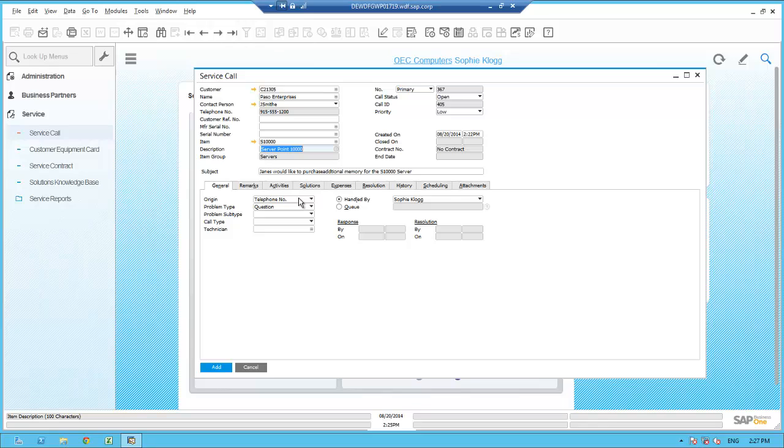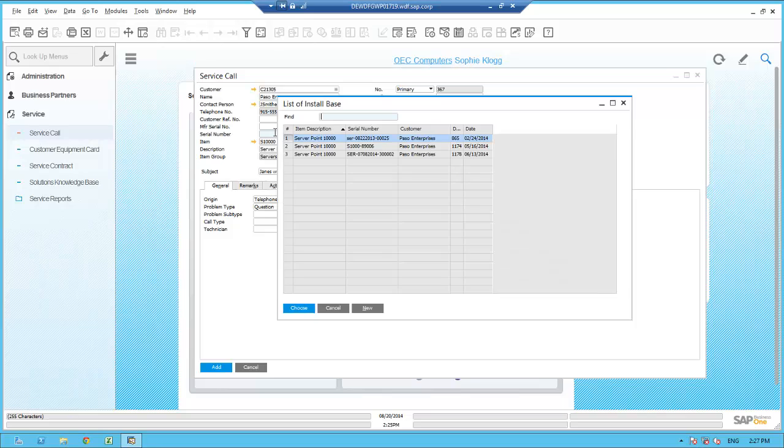Now, since Sophie knows that all servers sold at OEC Computers are serialized, she wants to find out the specific serial number of the server point 10,000 that Jane has called about. To do this, she selects the serial number field and tabs off that field. The install base lists those specific servers, server point 10,000s, that OEC has sold Paso, and it lists them by serial numbers. It also lists some additional information about the delivery date, as well as the delivery document that that